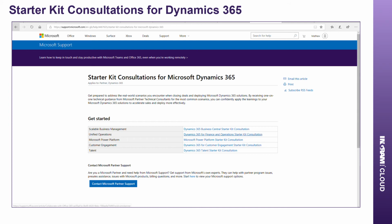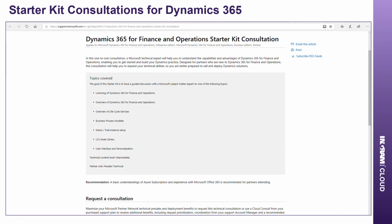With the starter kit consultations, essentially you get access to a Microsoft partner technical consultant for the area that you want to put focus on. So let's say it's Business Central, you've got that top one there that you can click on, or Dynamics 365 Finance, it's there, the second one down that you can see. Or the Power Platform, or the customer engagement side of Dynamics, or Talent, now HR. So essentially, you gain access to a Dynamics 365 partner technical consultant from Microsoft,